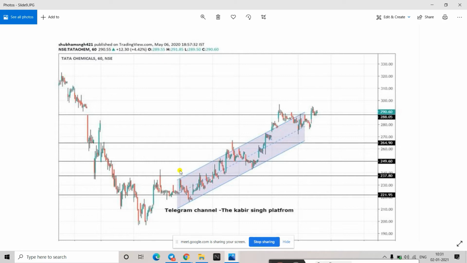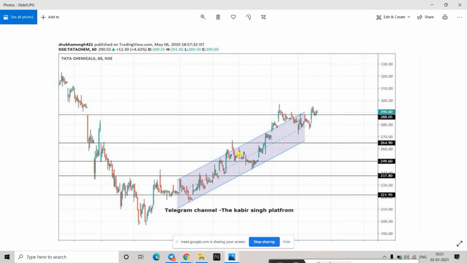Things are pretty simple. If you just practice now, most of the things you'll be able to do. It's all about practice. I will tell you what else you will require to be a successful trader, but practice is something you have to do, and then things will be easier. So, when two trend lines are almost parallel to each other, for example here, these both trend lines are somewhat parallel, we call it a parallel channel.